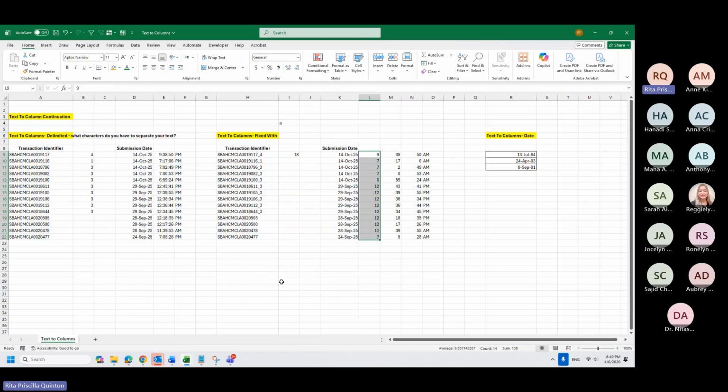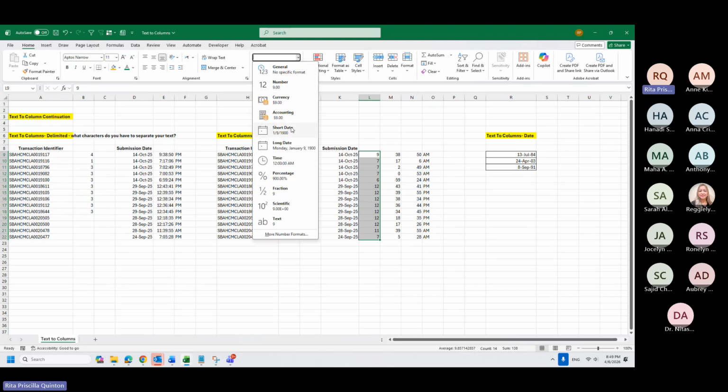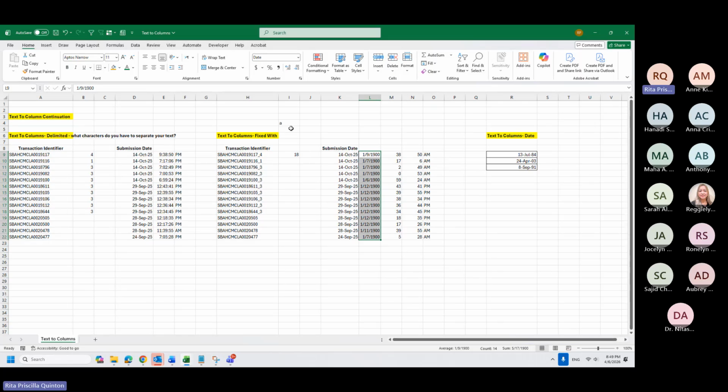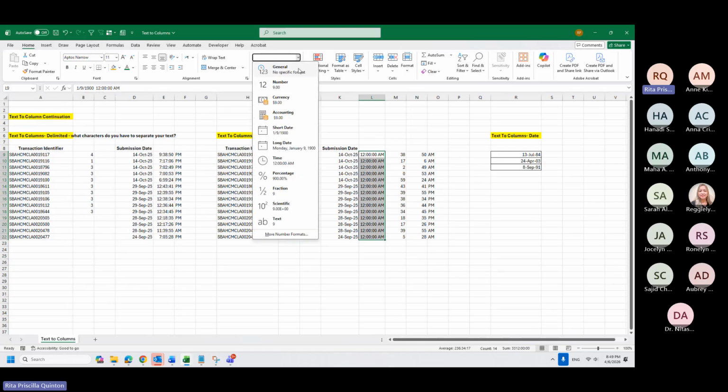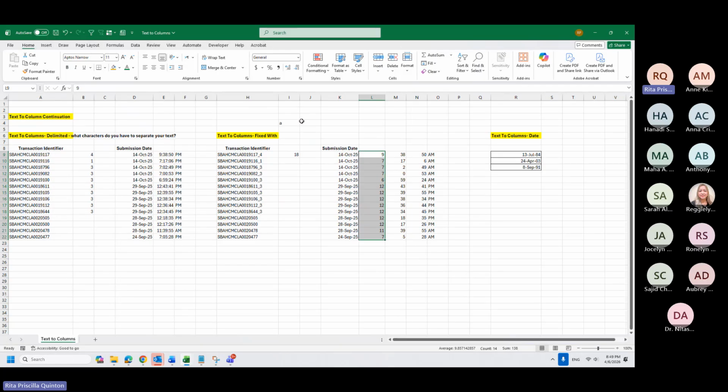For example, if it's 1900, it's equivalent to 1. So there are numbers in Excel that if you change them to, for example, short date, will show like this. If you change it to time, it will show like this. So if you want the whole number of the hour, just change the format to general. It's there. It's just hiding.